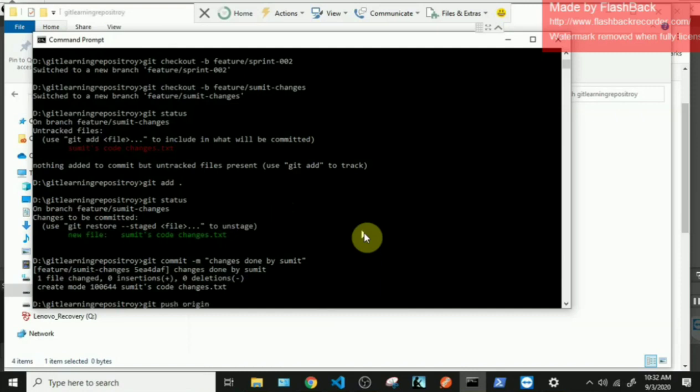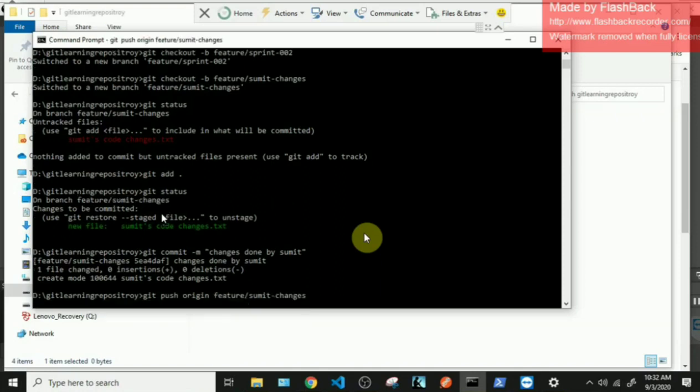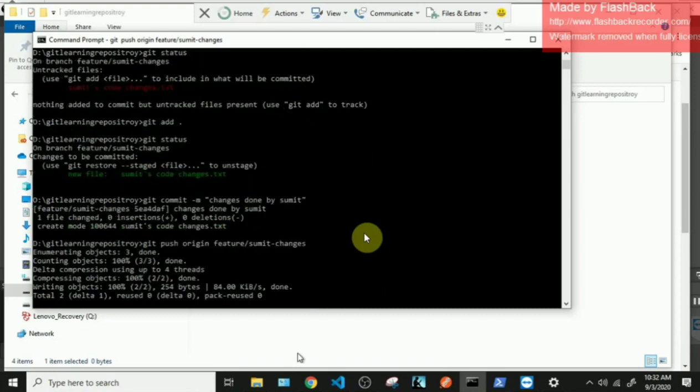So what he'll do is, Sumit has pushed his changes to the server copy of the local branch that he has created. So what will happen is, if you check now, our GitHub will show 3 branches.